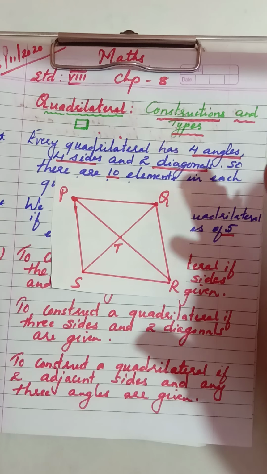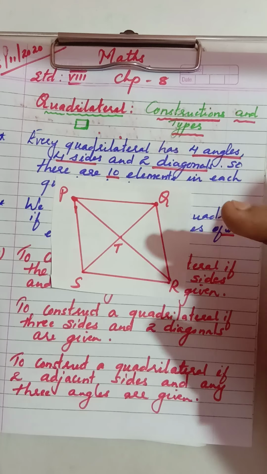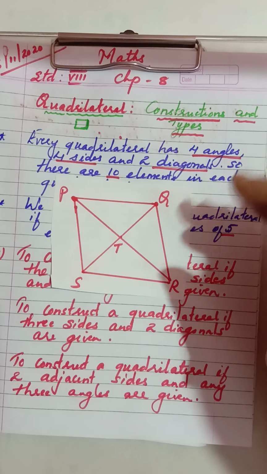Now there are different types of quadrilateral like rectangle, square, rhombus, parallelogram, even kite. These are all different types of quadrilateral, but they all come under the topic quadrilateral. One thing to remember: you can see a small square box I have drawn here. This is the symbol for quadrilateral. Suppose you don't want to write the long word quadrilateral, instead you can use this small square box.